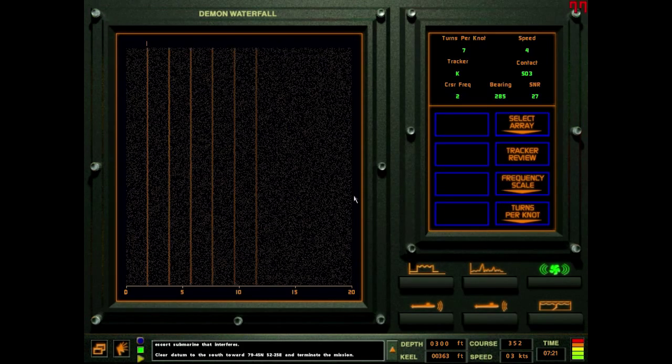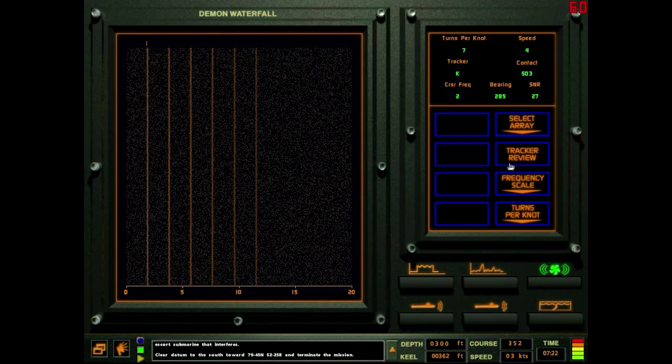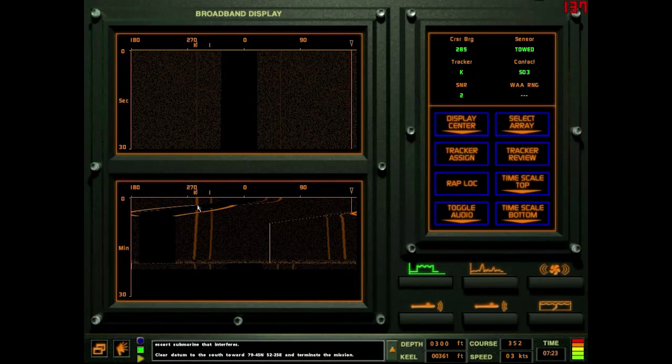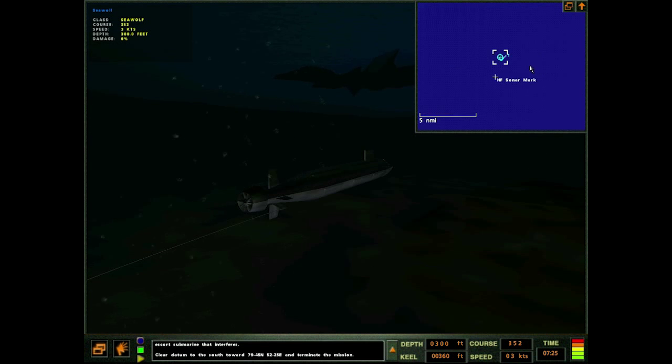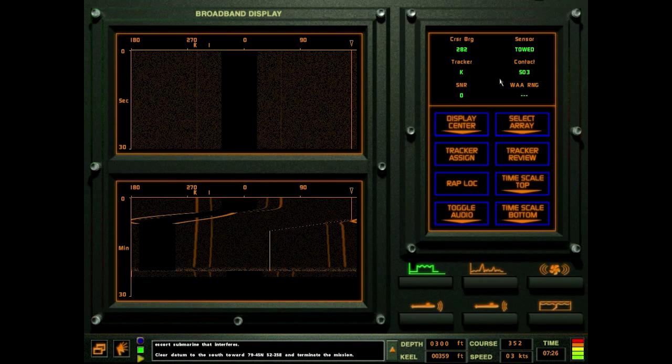But he seems to be making a lot of noise for being potentially 10 nautical miles away and going 4 knots. But that's how they modeled it in this game. Anything? Nope. Nothing on WAA yet. Have not really traversed much distance as of yet, but